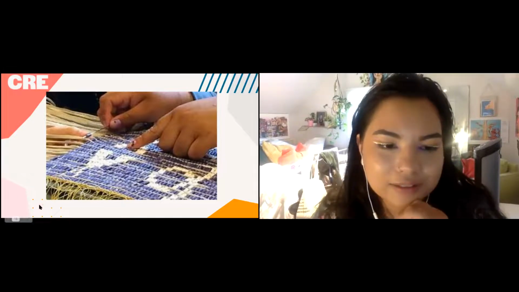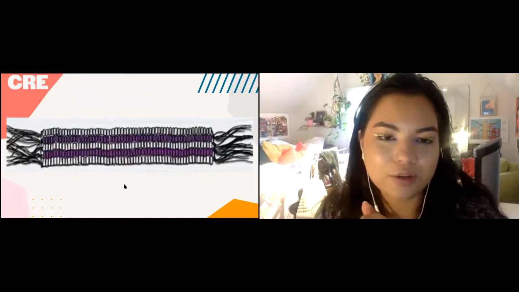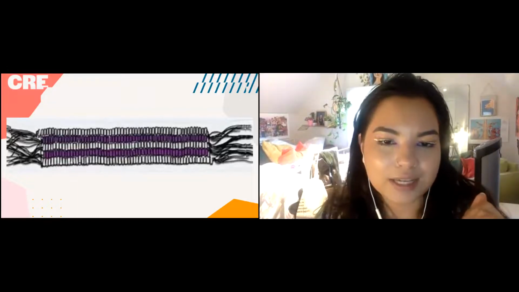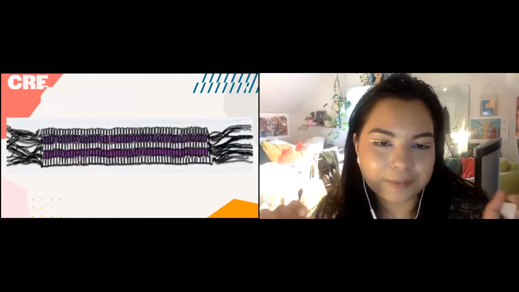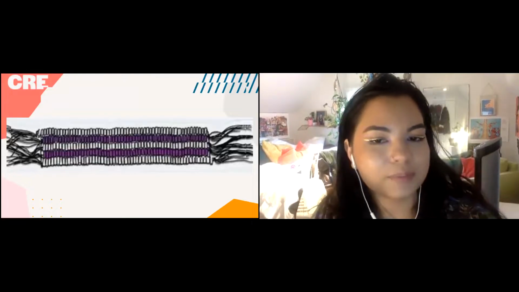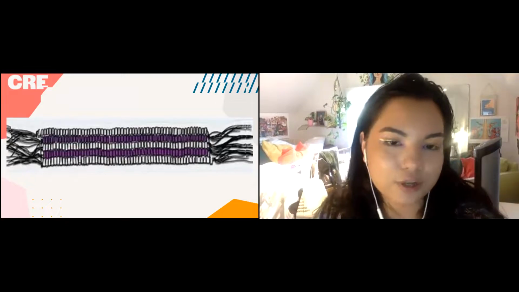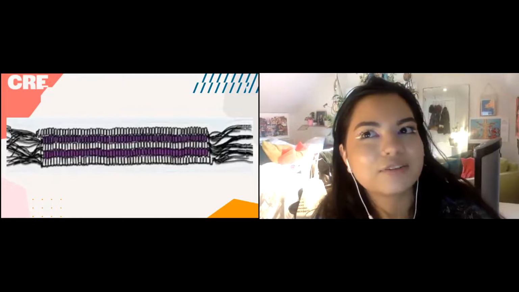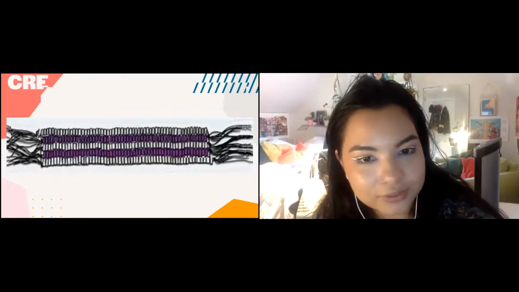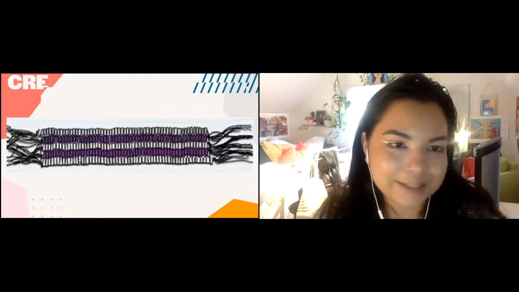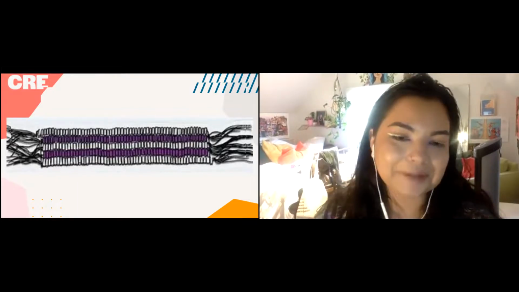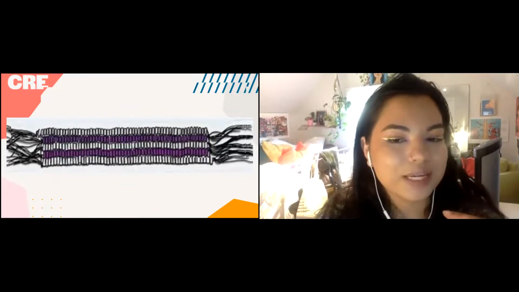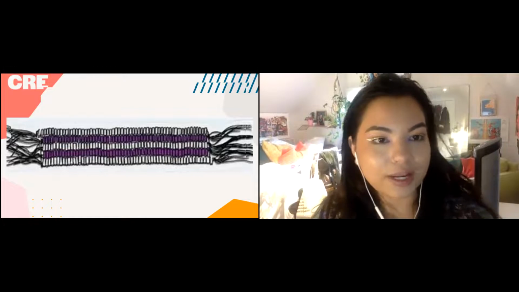So I'll talk a bit about the Tura Wampum, which is this belt here. This is one of the oldest treaty relationships between Indigenous people on Turtle Island and white European settlers. It was made in 1613, which I think is 408 years ago. A student told me that and I didn't double check, I just trusted them. But it was made a really long time ago. And this agreement was made between Dutch colonizers and the Haudenosaunee.